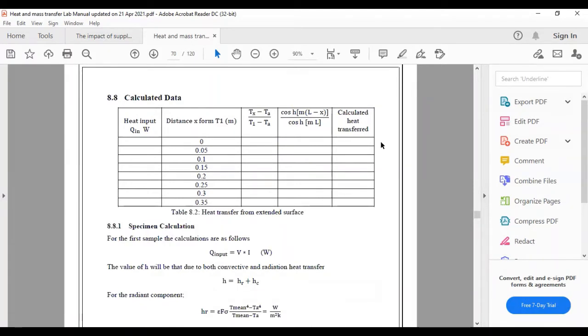Before moving to the lab, I would like to tell you that we are using apparatus which works on very high voltage and current, so there is a need to take proper safety precautions so that we may avoid all types of electrical risks and hazards. In addition, we need to use all the PPEs, personal protective equipment, for our safety. Now I will show you how we will perform this experiment in the laboratory.